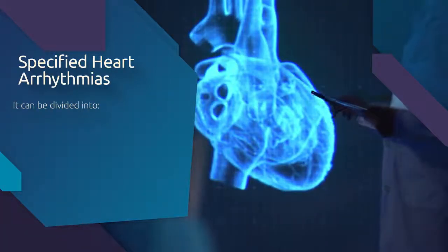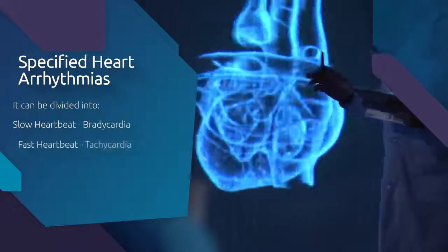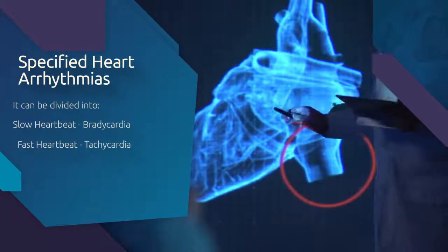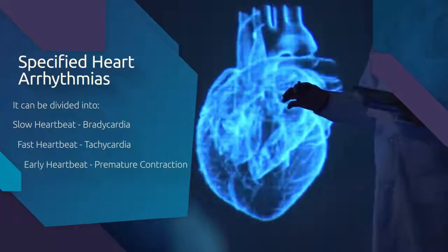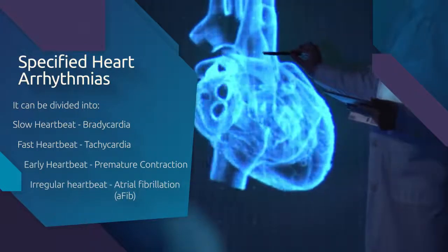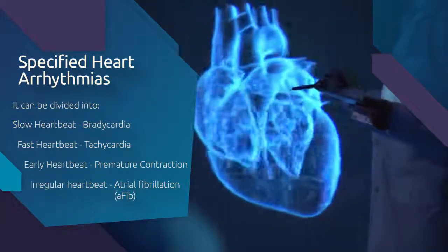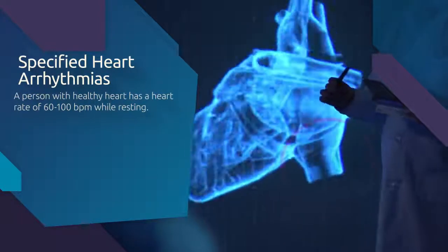It can be further divided into slow heartbeat, known as bradycardia, fast heartbeat which is also known as tachycardia, early heartbeat which is classified as premature contraction, and the most common form of cardiac arrhythmias, irregular heartbeat, which is known as atrial fibrillation, AFib. A person with a healthy heart usually has a heart rate of 60 to 100 beats per